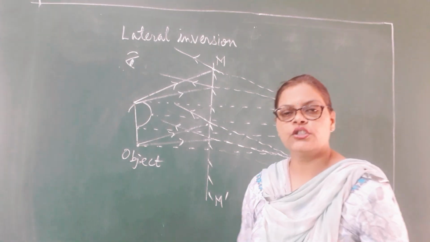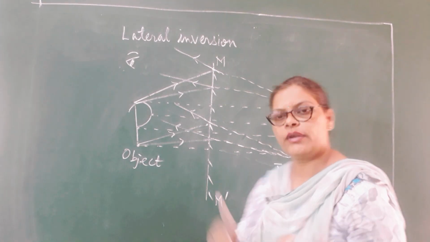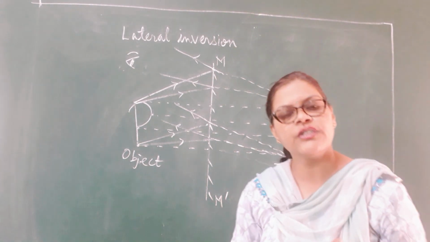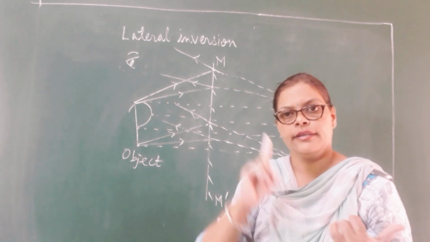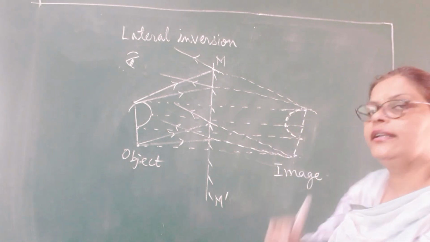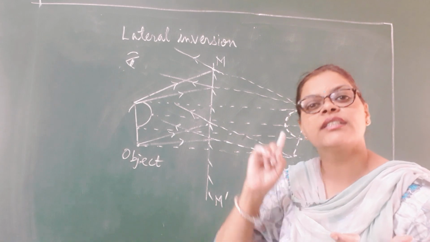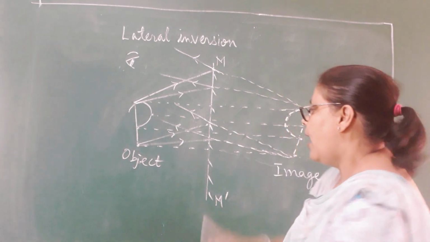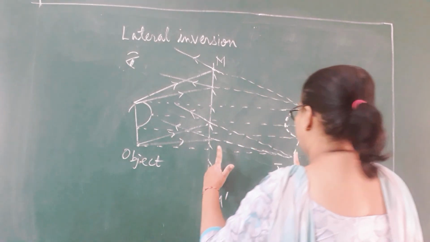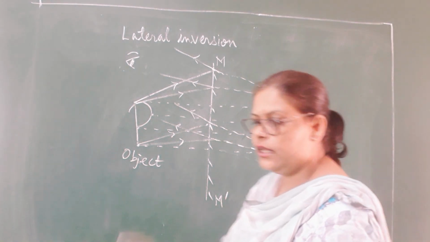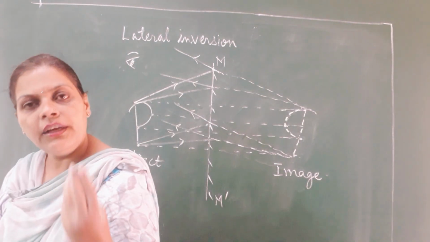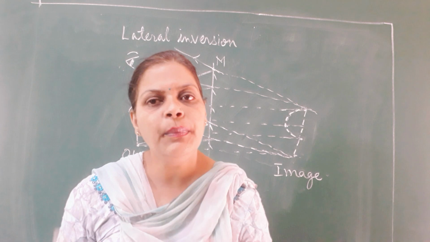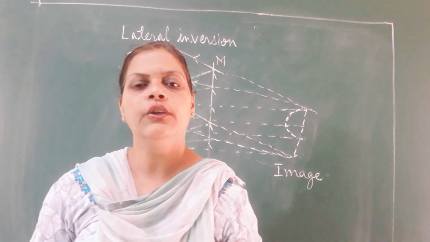What kind of an image is formed? It is virtual. You can see it is dotted. Virtual image is always represented by a dotted line. It is virtual, it is erect, it is laterally inverted, it is of the same size as the object, and the object distance is equal to the image distance. So these are the 3 important diagrams of the plane mirror which I wanted to complete in today's class, children,